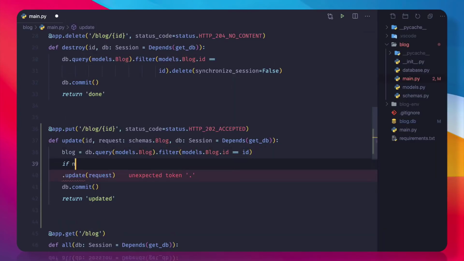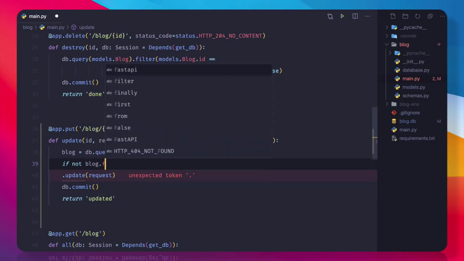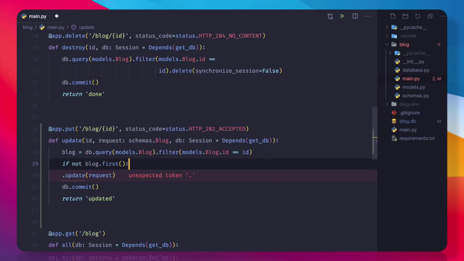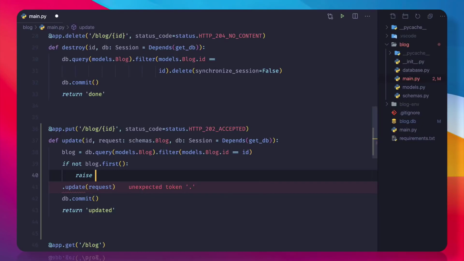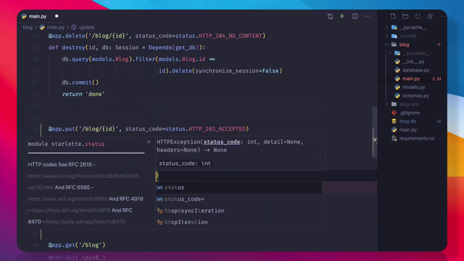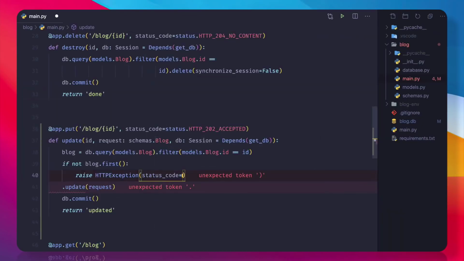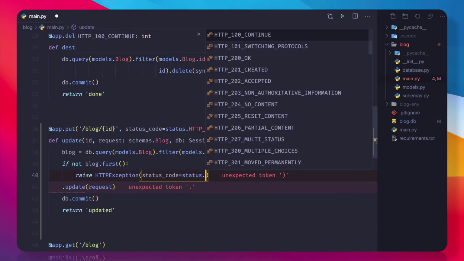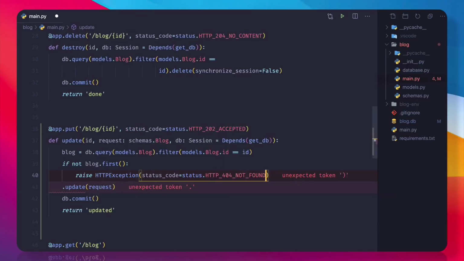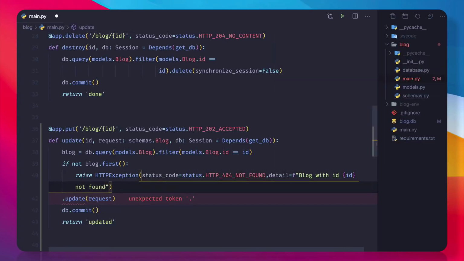Then we say if not blog.first, then I need to raise an HTTP exception, and here I can say status code is status.not_found, and obviously the detail is, using an f-string, blog with ID of this ID not found, and